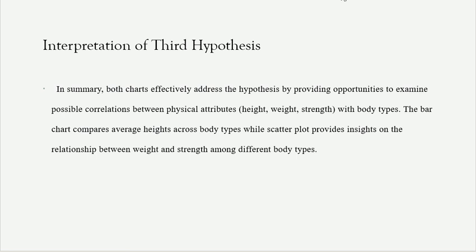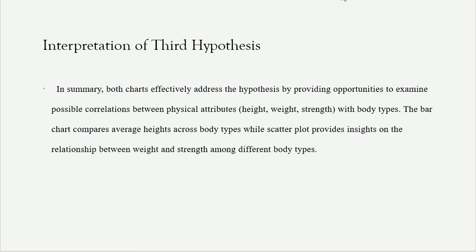The two-dimensional space has weight on the x-axis and strength on the y-axis. This configuration allows representation of both variables simultaneously, hence its compatibility with relationship analysis. Data points are scattered all over with their position determined by their respective weight and strength values. This arrangement shows how each player varies in terms of weight and strength for a given combination of the two variables. Different colors can be used to represent different body types, which would make it easier to identify patterns or